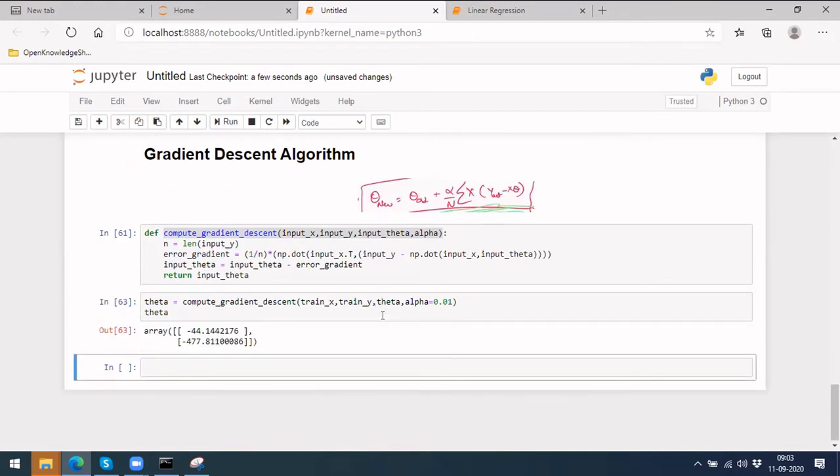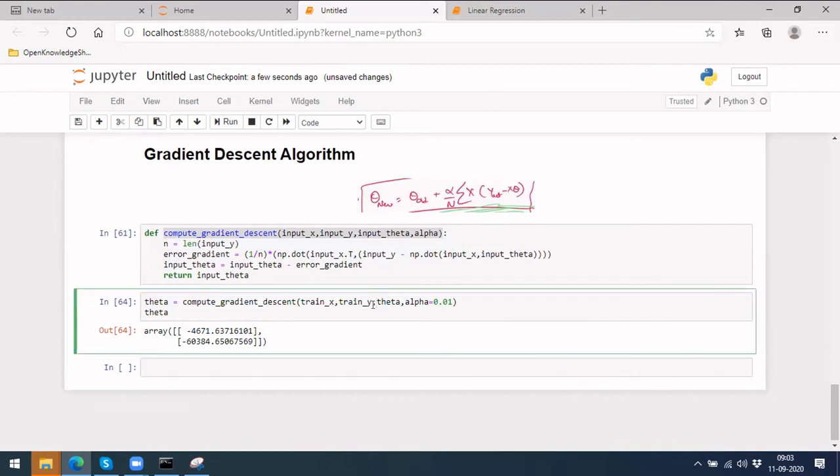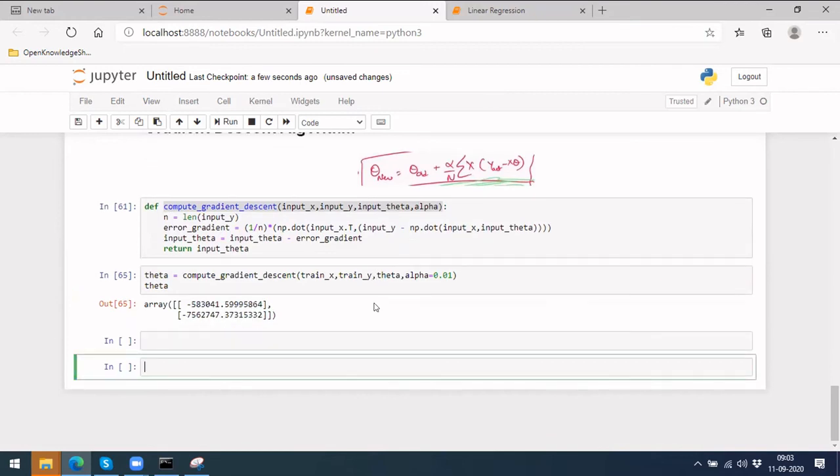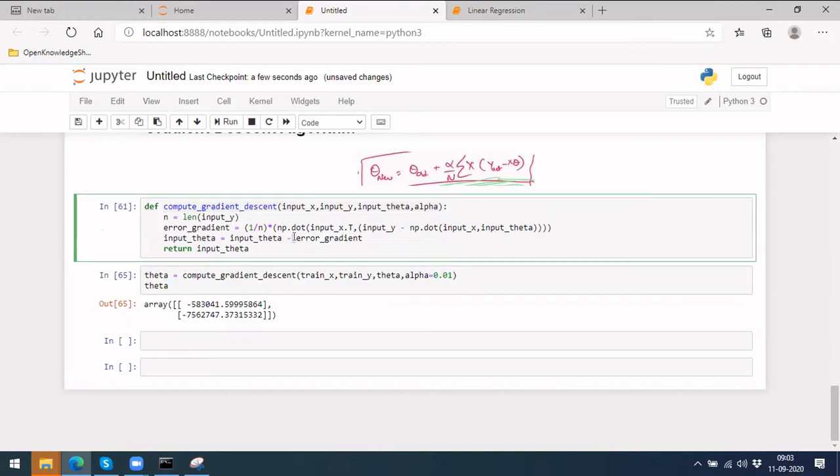See, it started changing. One thing I did not add is alpha here, so it is blowing up so badly. Okay, so this will do it.